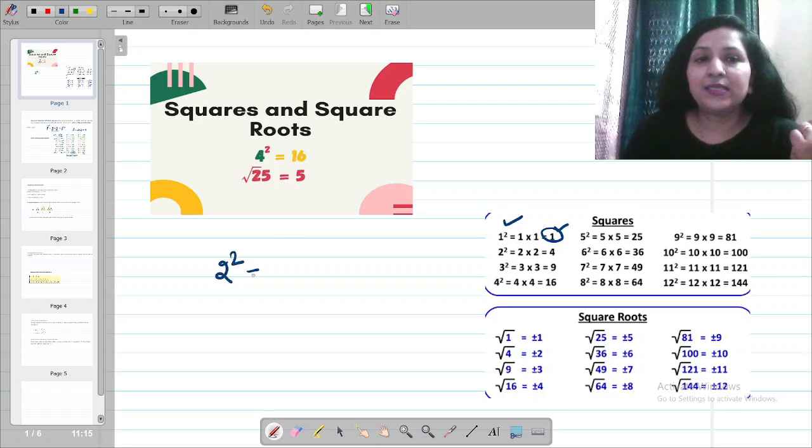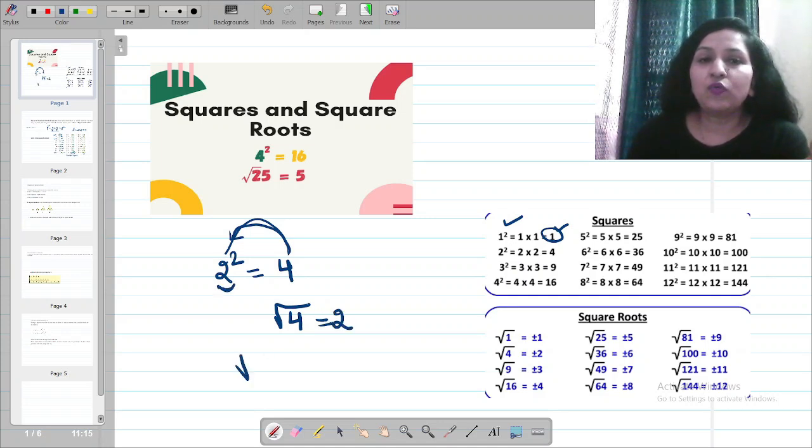2 square is equal to 2 multiplied by 2, it is 4. If I ask you, what is the square root of 4? The square root means going back to this number. The square root means I am asking for that number which multiplied by itself has given you 4. So have a look. Under root of 4 means you are going back to this basic number. Under root of 4 is 2.